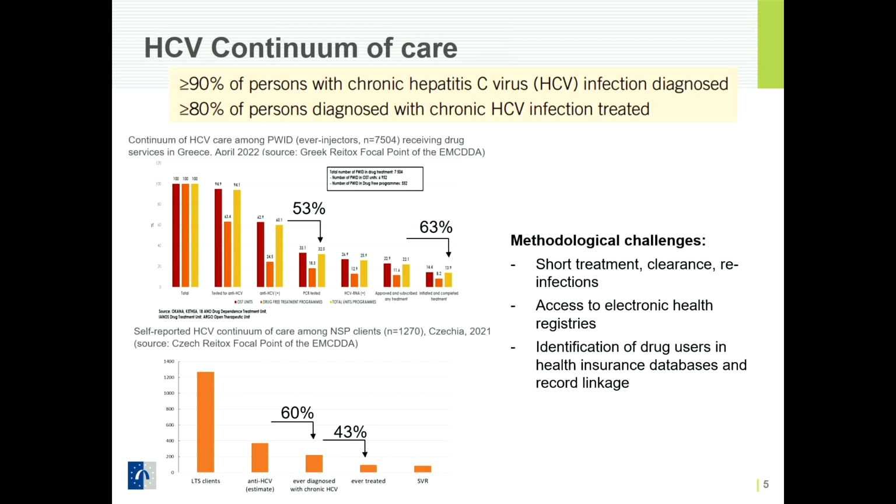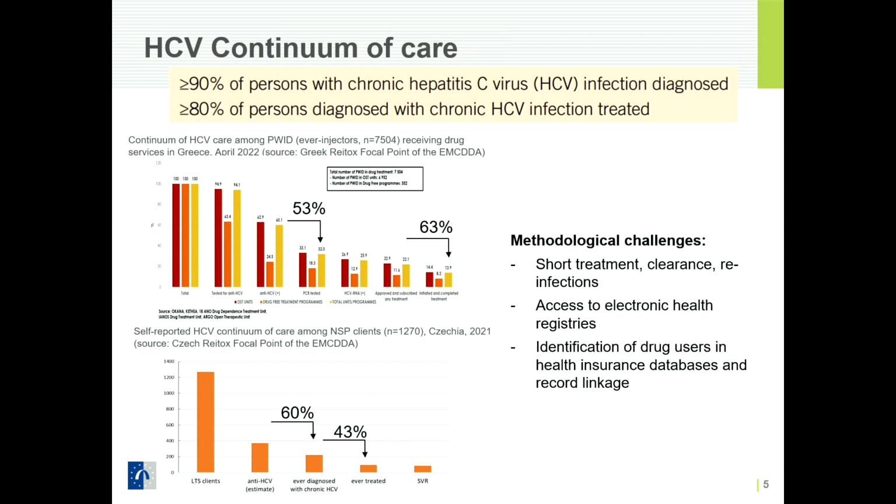The second thing to say is the ideal theoretical solution would be to have access to electronic records of all patients being treated and cleared for infection. And actually accessing those databases at the national level is quite difficult. And even identifying people or patients based on their risk factors is also very tricky in most of the EU countries. So that's why we rely at the MTDA mostly on snapshot, cross-sectional continuum of care